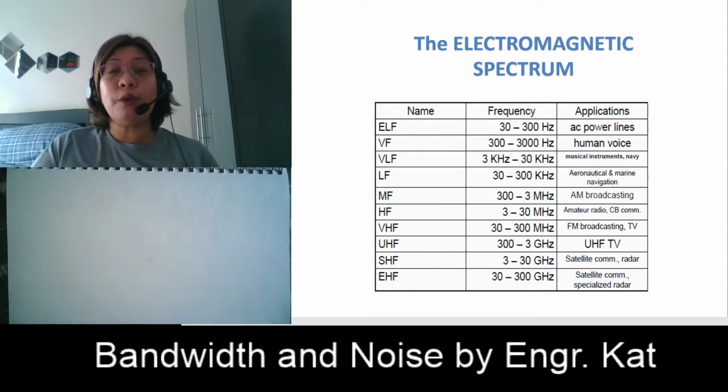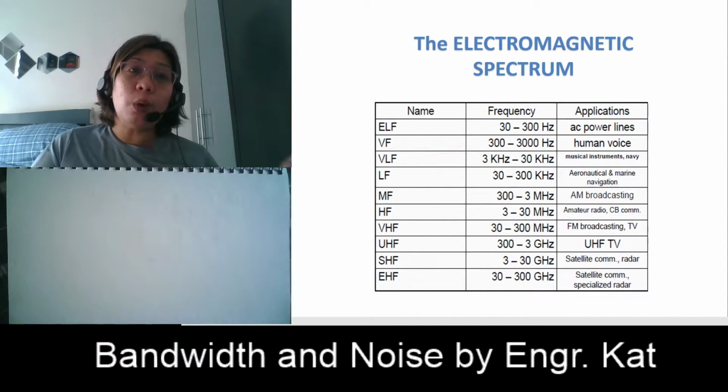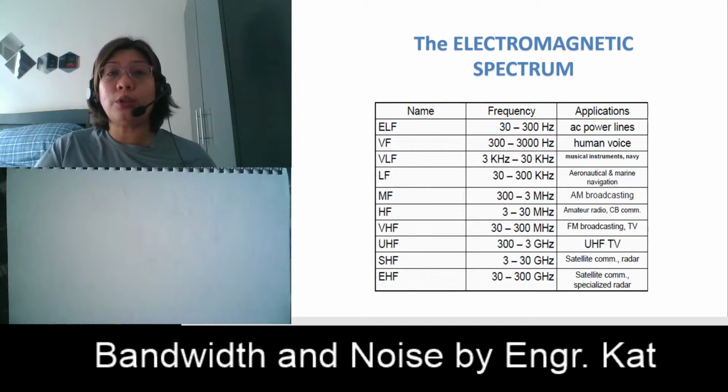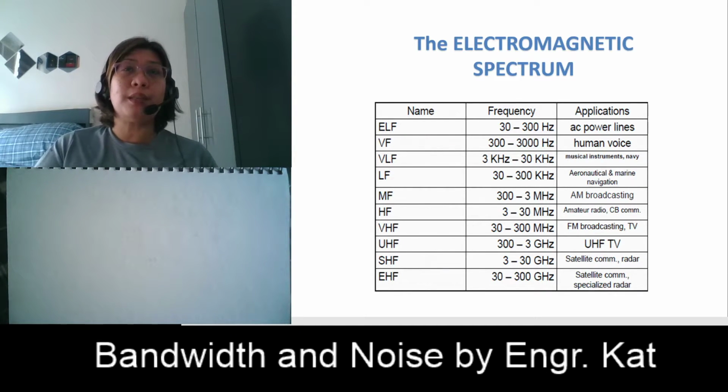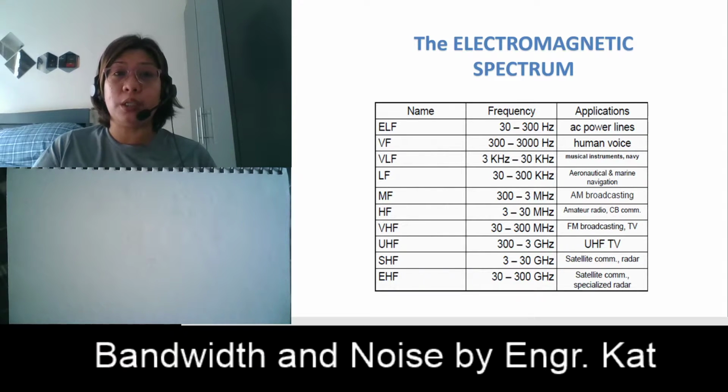Okay, and then we have the VHF. Actually, digital analog broadcasting falls between VHF and UHF. So we have here the low channels, from channel 2 to channel 13, which fall within this category. So we have the VHF, and then higher channels from channel 14 upwards fall under UHF. And also we have here your FM broadcasting. Your FM broadcasting is from 88 to 108 megahertz, so it is under your VHF.